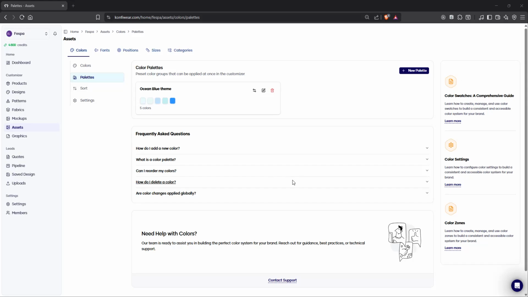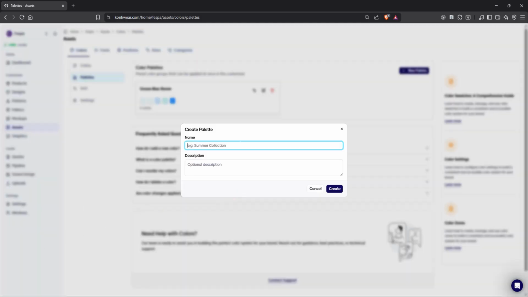Hello, let's see how to do a color palette. So a color palette lets you choose a set of colors that is by default available once you click on it. So the way to add it is just to click on add a palette, then you will need to